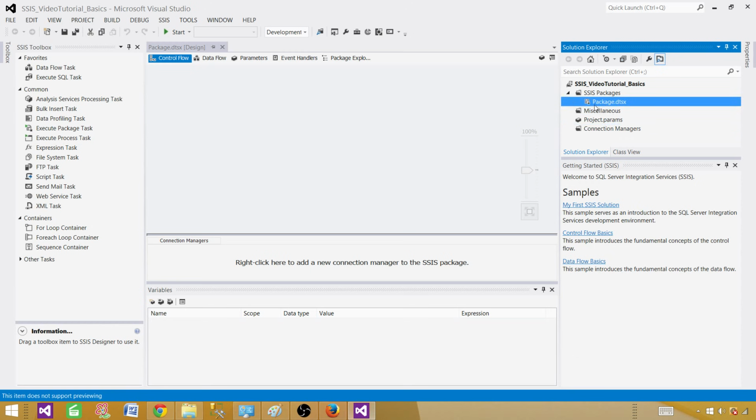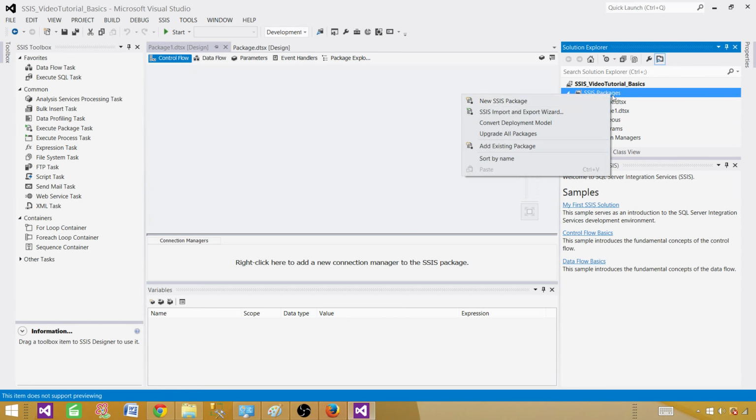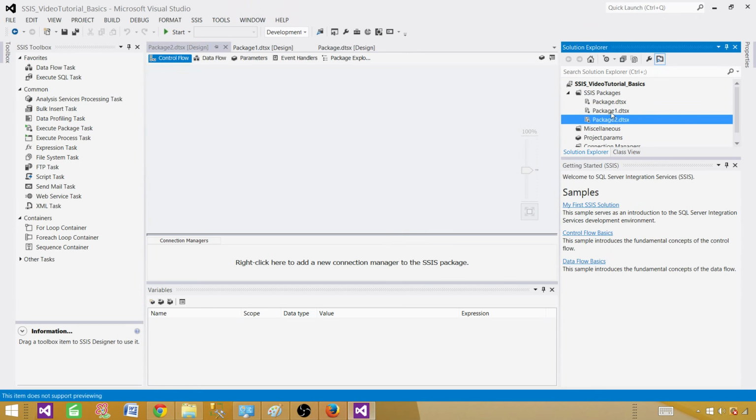Now let's move towards creating a new package, instead of talking a lot. Here you have a package. You can drop this package or create a new package. So let's create a new one. Right click here and choose New SSIS Package. Once you create this one, it will automatically take the name Package1. If you create another one, it is going to take the name Package2. These are not great names. I always recommend clicking here and then providing some reasonable name. So in my case I say package underscore load customer,